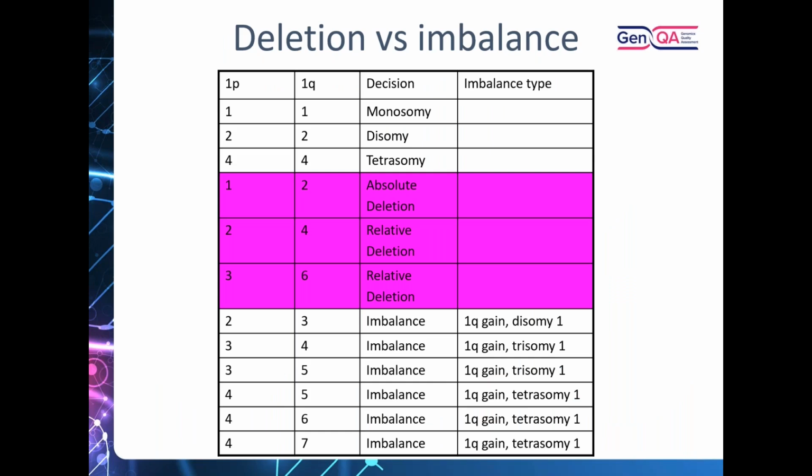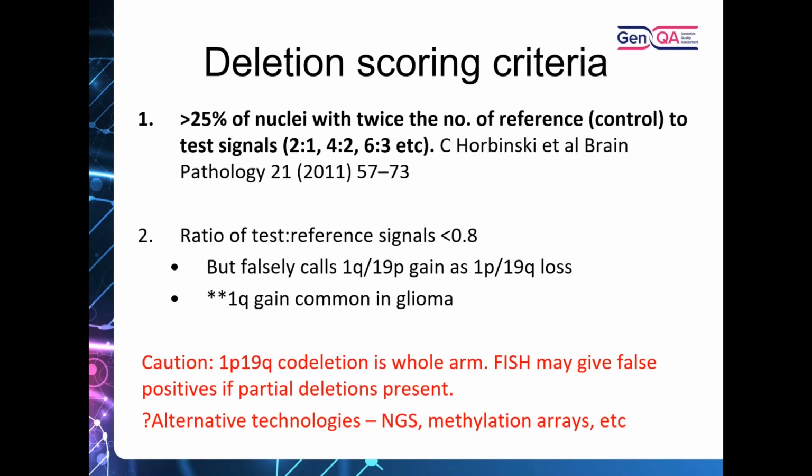And then in terms of definitions, again, that's possibly going to vary according to where you're working. So we tend to think about the 1 to 2 signal ratio as the absolute deletion. Any other combination of that, 2 to 4, 3 to 6, and as you get higher than that, 4 to 8, etc., is a relative deletion. Any other combinations you get there are not consistent with deletion. So in terms of definitions,